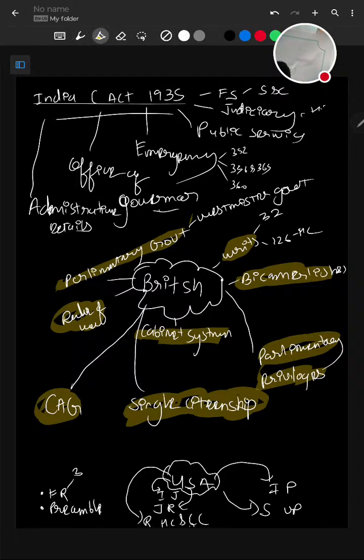Now review. When you see US, if they're asking which part you have taken from the US Constitution, and the whole question is framed like that with four options, you should remember in your mind there are three parts here. First part is the fundamental rights, that is pretty common in examination, and then preamble. Going on ahead, for the USA you could remember there are a lot of laws. So judicial review, independence of judiciary, and removal of judges of High Court and Supreme Court.